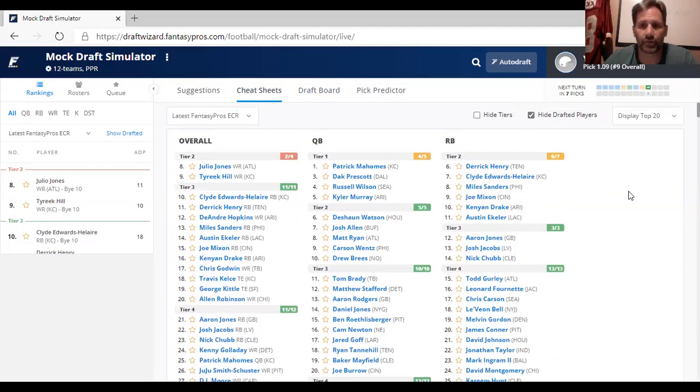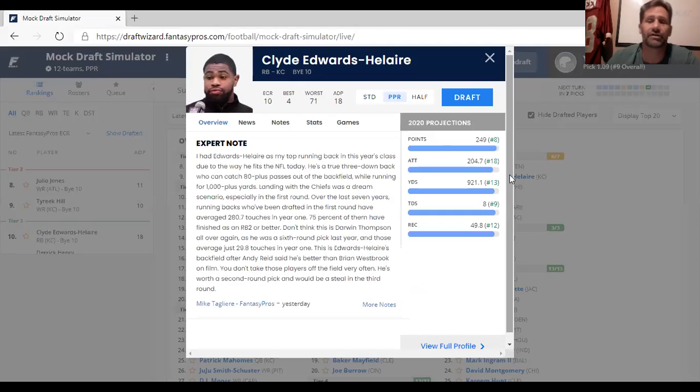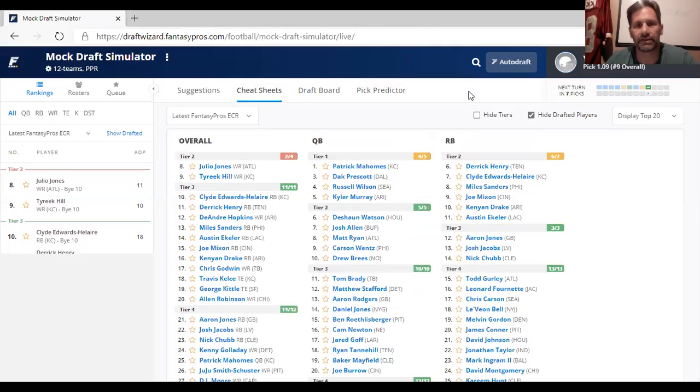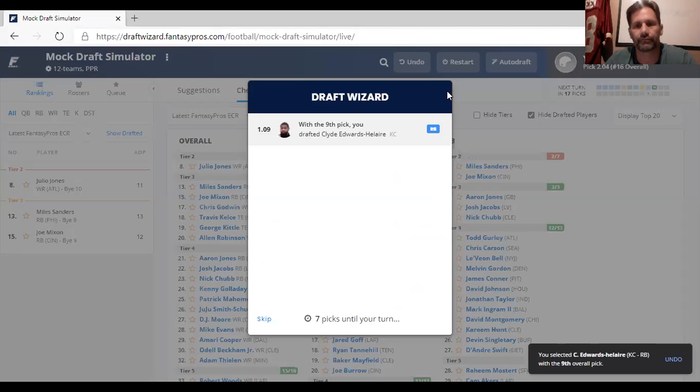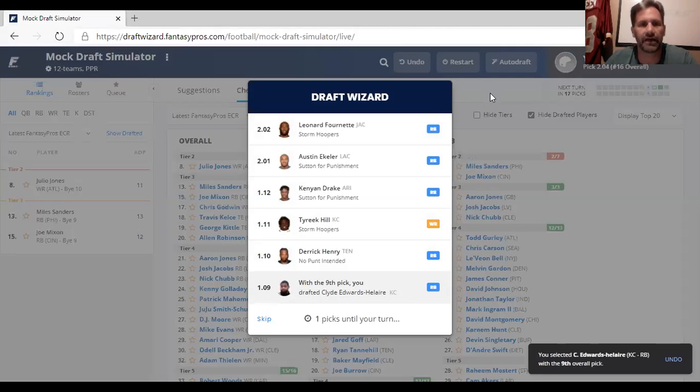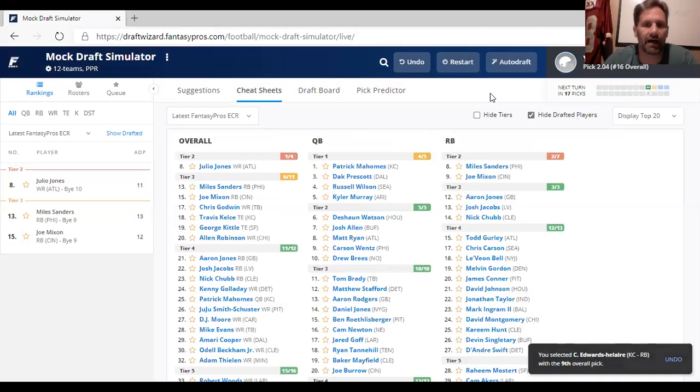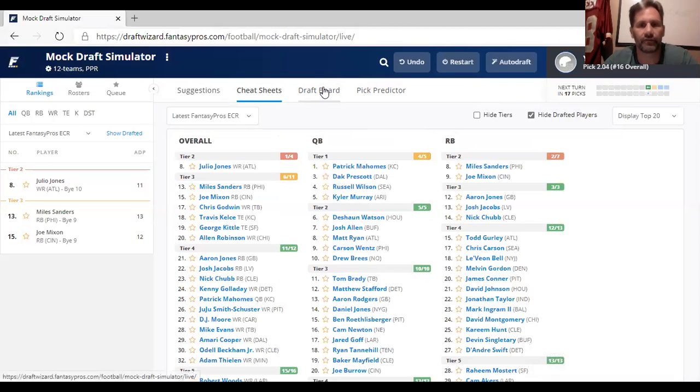And I'm, on the short term, being in the back half of the first round. So being back half of the first round in a PPR, you guys know that this guy is going to get a lot of work, okay? So let's take Clyde Edwards-Helaire. And we see Derrick Henry, Kenyan Drake. We see D-Hop gone. Let's check out who else left.